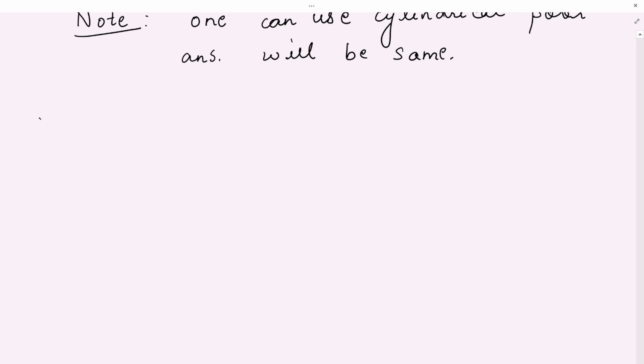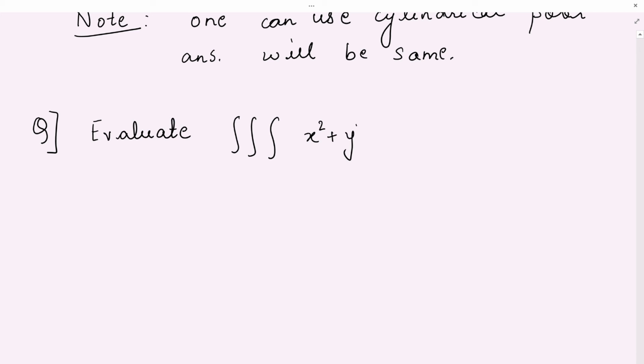Okay, a similar example I'll give. Now what you can do, students, I'll give you the example. You can pause the video, solve this example as we did right now, find the value of z and find the limits on your own, and again come back and check whether whatever you're doing is correct or not.